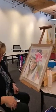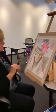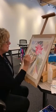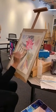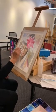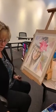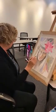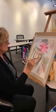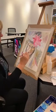Now, very often artists, and I used to have a critique group of professional artists, would point things out and I'd go, oh my gosh, I can't believe I didn't see that. And it's just a fresh eye. So I would have to look at this with a total fresh eye. And I'll probably come in and finish this painting, and I promised Pam I'd send it to her if it turned out, and say, okay, where have I lost her in this one, or where do I need to put more darks in this,